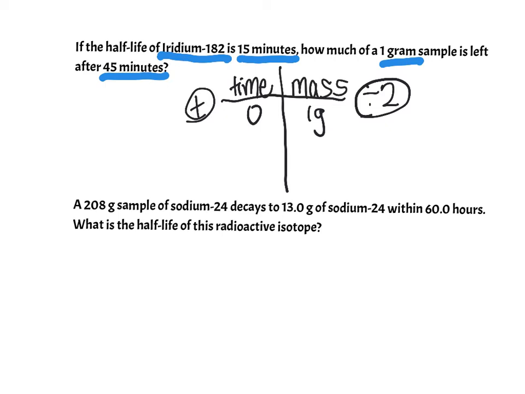So I add my first half-life. 15 minutes have gone by, and now I have half of a gram of the parent isotope. Another 15 minutes go by for a total of 30 minutes. Again, I'm adding on this side. I divide 0.5 by 2 and I get 0.25. So 25 hundredths of a gram remains. I add another half-life for a total of 45 and I get